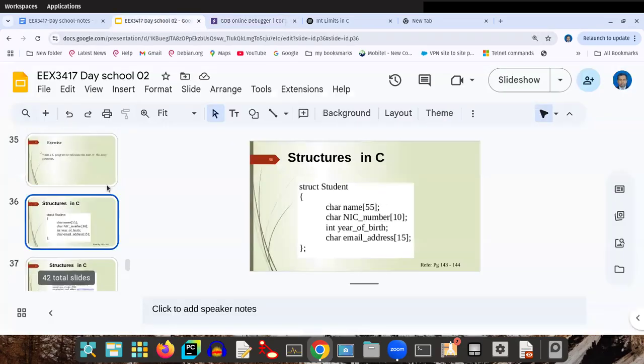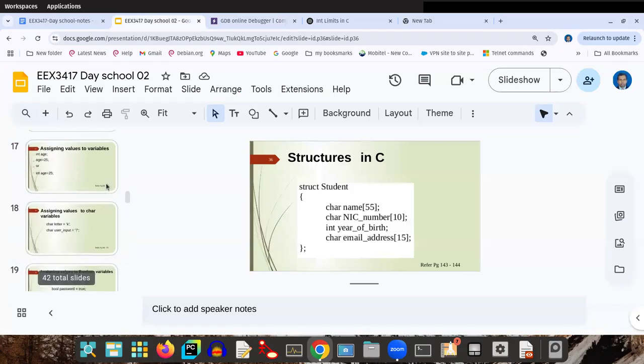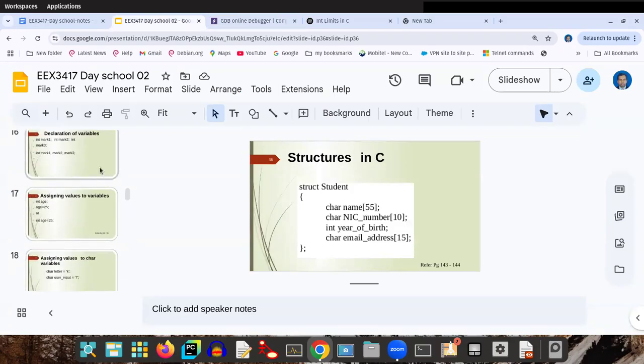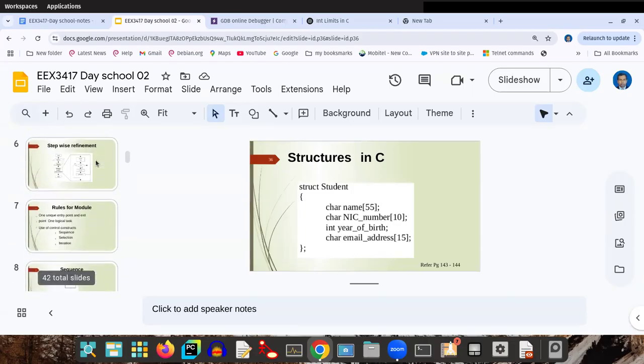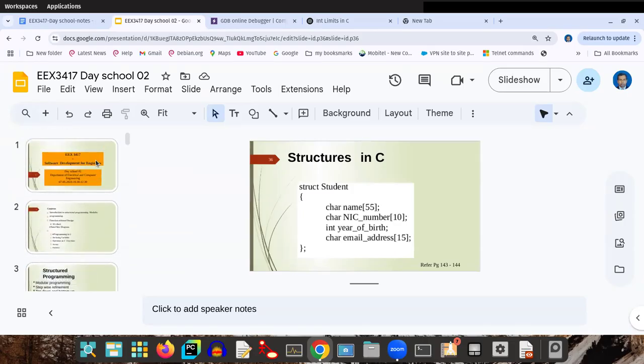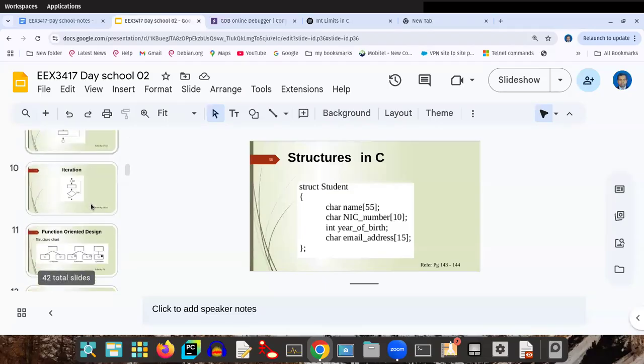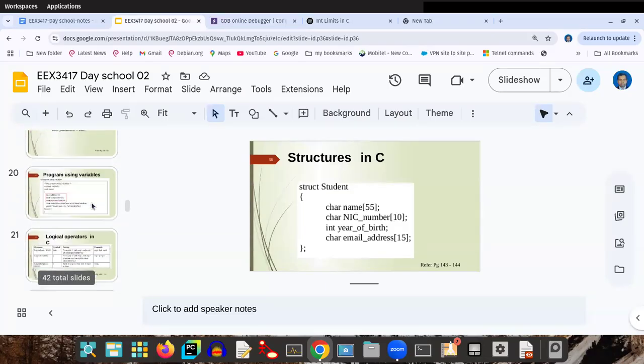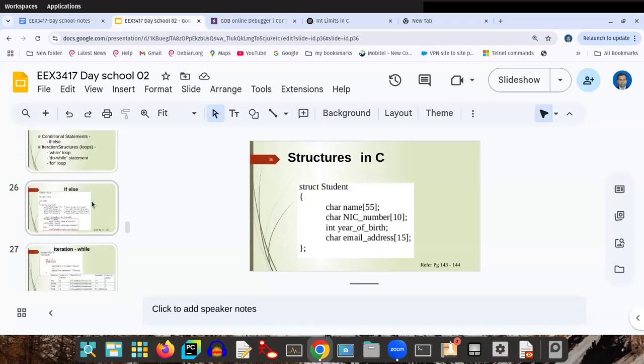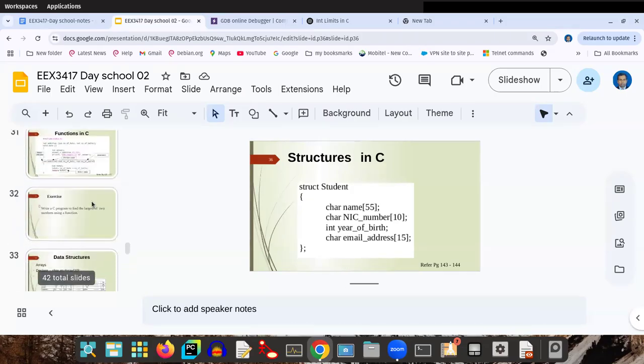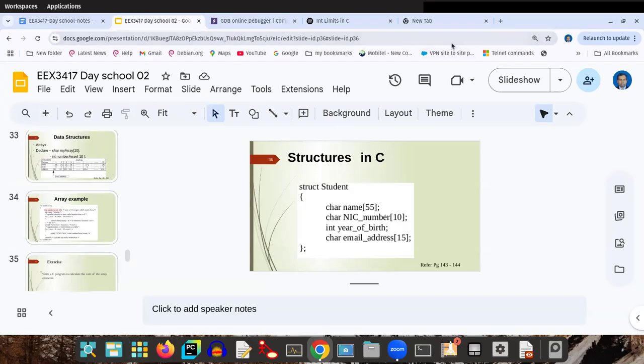I think modular programming I discussed earlier, on day school 2, and I actually discussed more about C programming here. I will stop here. If you have any